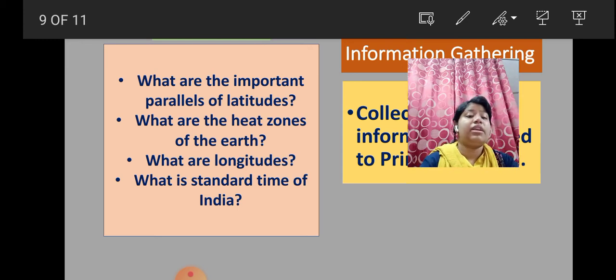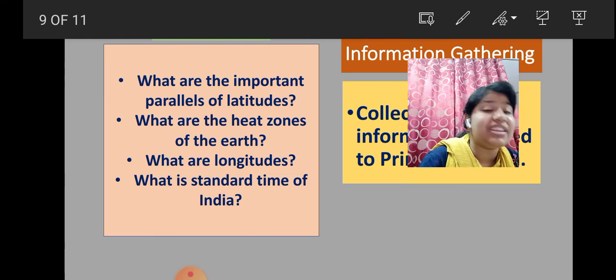And at the 180 degree, the day is starting and the day is ending, and this is known as the international date line. The international date line is exactly opposite to 0 degree longitude, and this line is not a straight line, but it is deviated in a few parts. The international date line is deviated at a few places such as Fiji, Samoa, Aleutian Islands, Gilbert Islands.